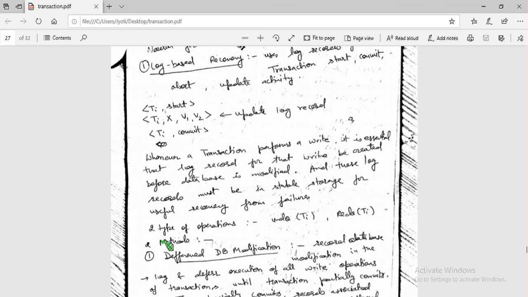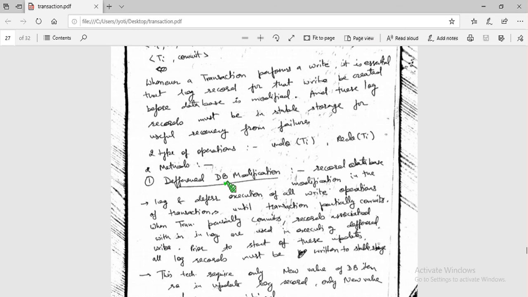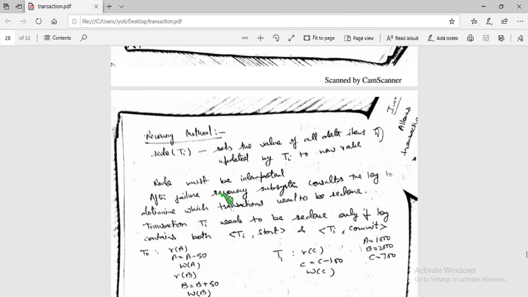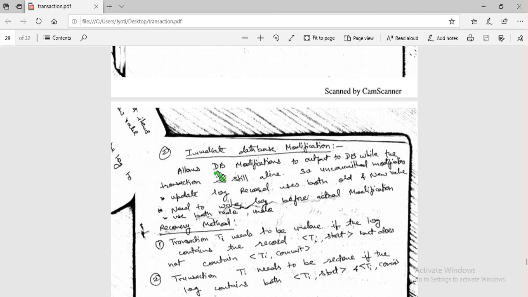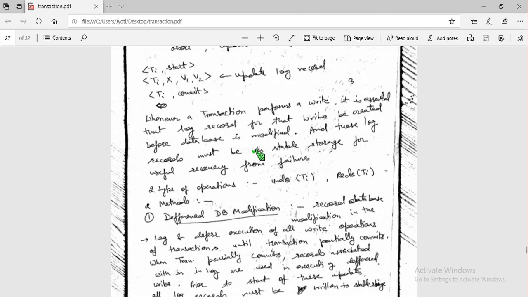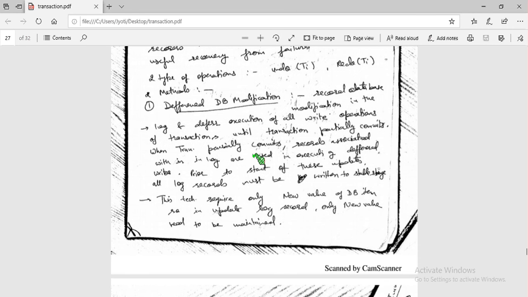In log based recovery there are two important methods. The first method is deferred database modification, and the second one is immediate database modification. First we will see deferred database modification.